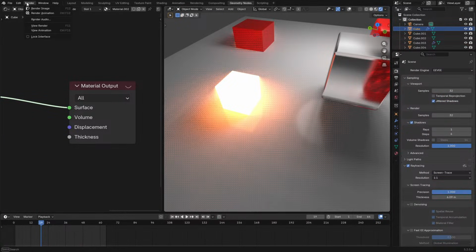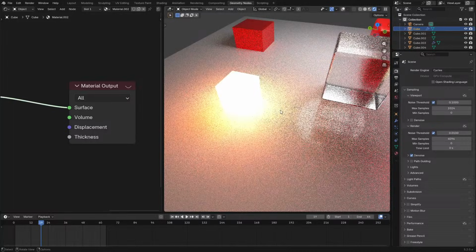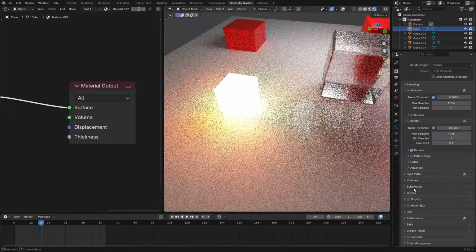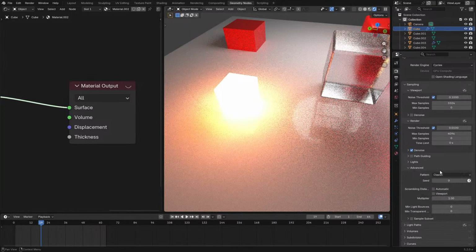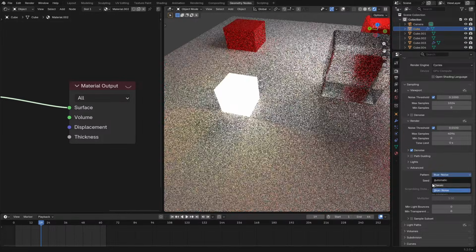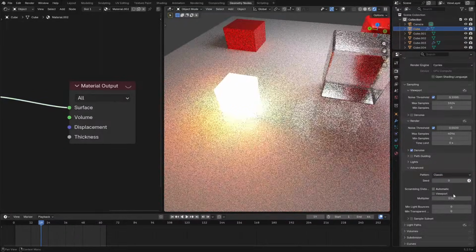Wait, let me go into preferences. Add-ons, Cycles, there we go. Unfortunately, when I build these release builds, I can't use the GPU, which is very unfortunate. In Cycles, you have the ability to... Where is the advanced? Here we go. We can switch the pattern from classic to blue noise, and we can also straight up disable the noise dithering